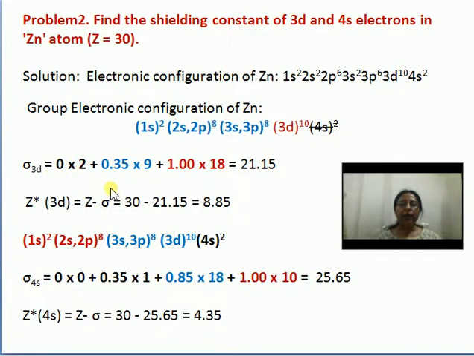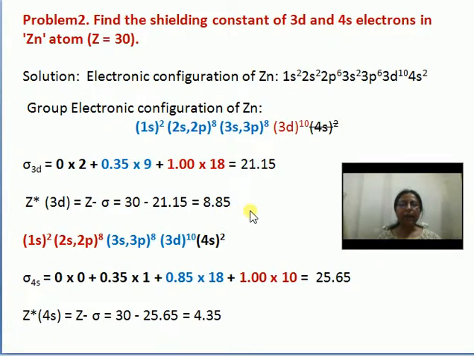Now 9 into 0.35, and as it is a d electron, for all these inner electrons the contribution will be 1, and that will give rise to a value of 1 into 18. So the total value will be 21.15. And then the Z star, that is the effective nuclear charge felt by this 3d electron, will be Z minus sigma is equal to 30 minus 21.15 is equal to